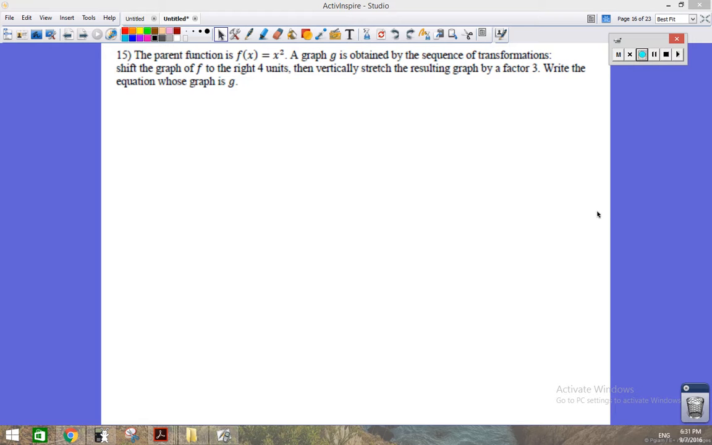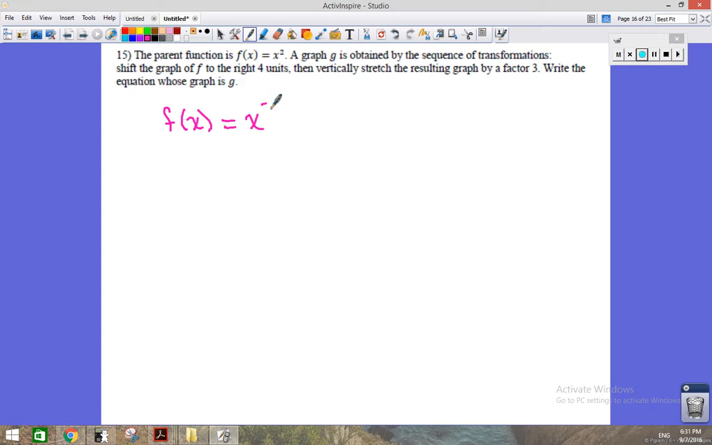All right. So let's take a look at this problem number 15. It's a little bit different than the previous problems. They gave us an equation and told us to describe the transformations. Well, here they're describing the transformations and asking us to come up with the final equation. So this parent function is the quadratic function,